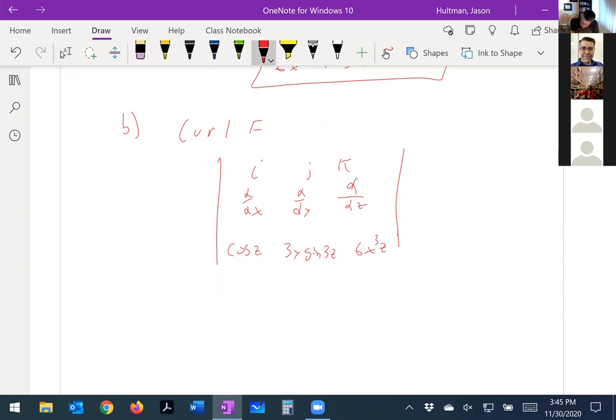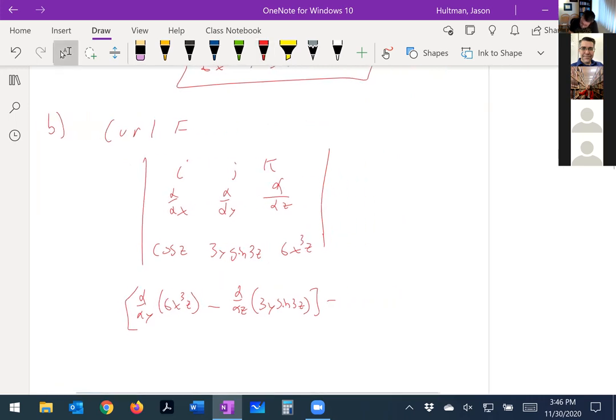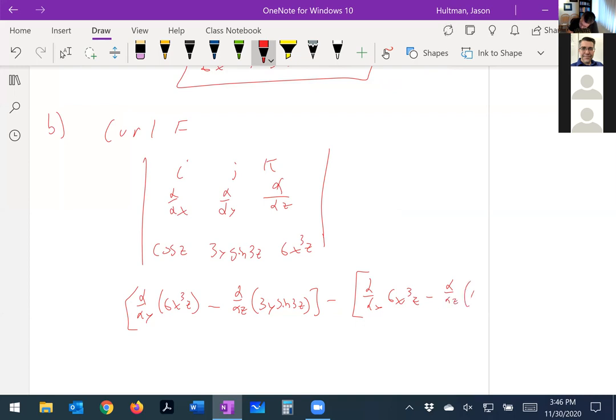Cross off the row and column: we go d/dy of 6x cubed z minus d/dz of 3y sin 3z, minus d/dx of 6x cubed z minus d/dz of cos z,